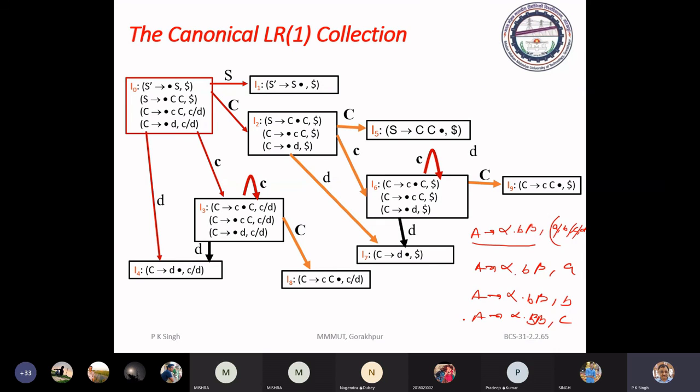So for the same core, you may get different LR1 item sets in canonical parsing.